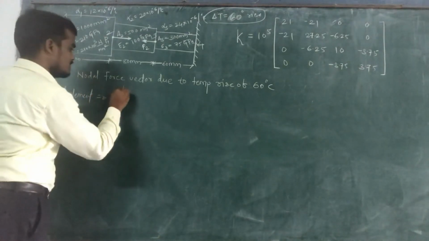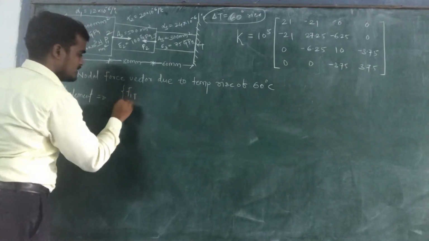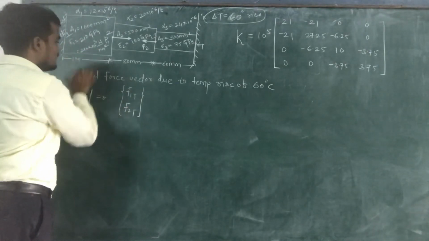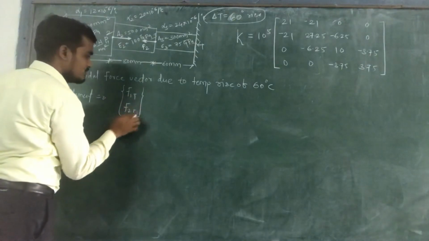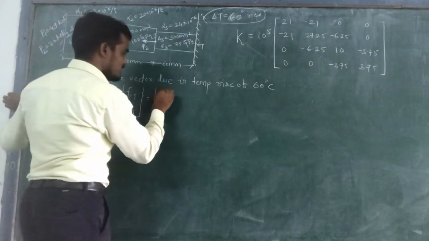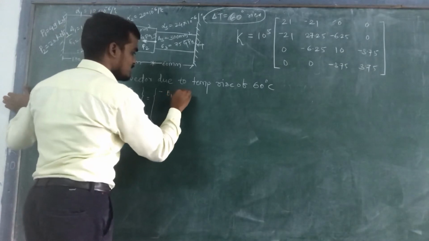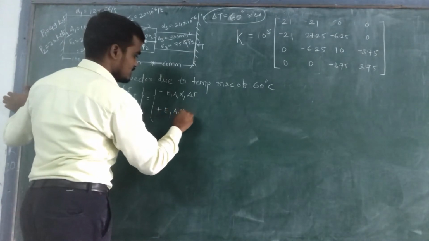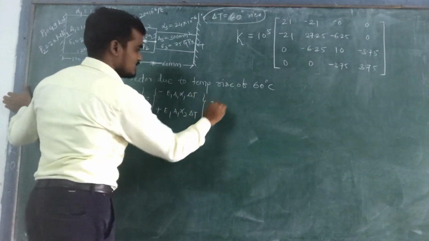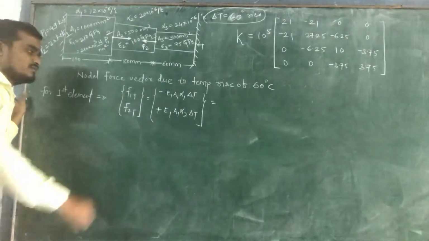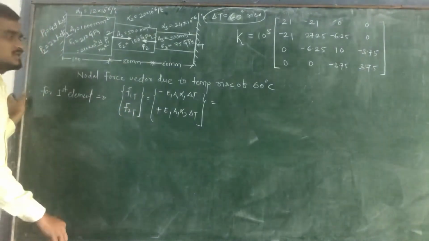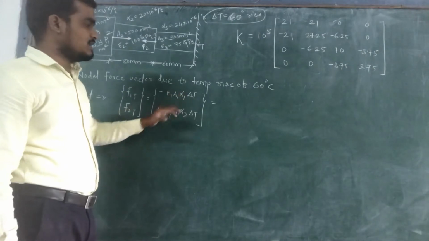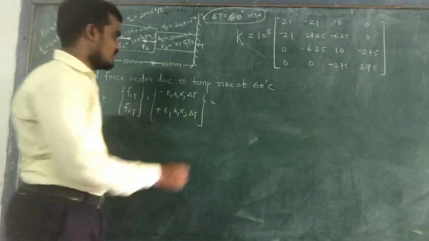it will become F1T, F2T, because this element lies in between node 1 and node 2. So F1T, F2T is equal to minus E1, A1, alpha 1, delta T plus E1, A1, alpha 2, delta T. In this way you will get the nodal force vector due to temperature rise for the first element. On putting all these values of E1, A1, alpha 1, delta T, you will get F1T and F2T values